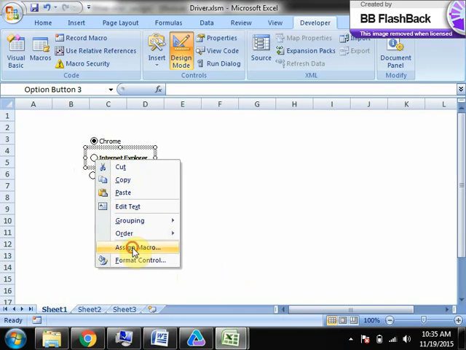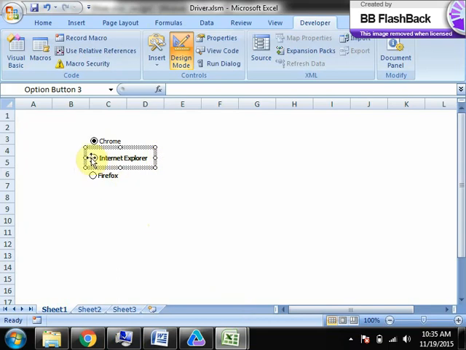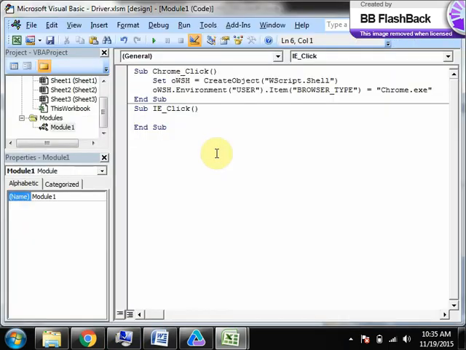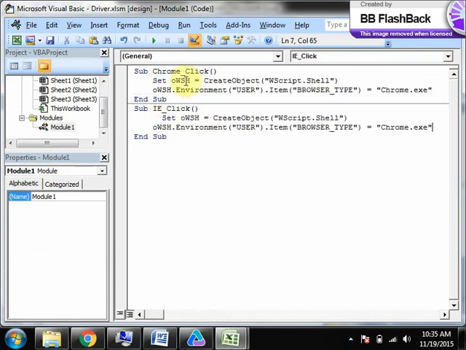For this another macro, I underscore click. Say it as same thing. Actually, you can make WSH as global variable.